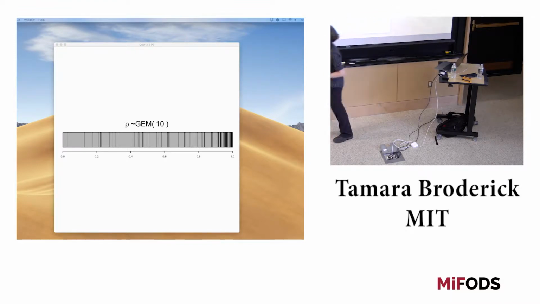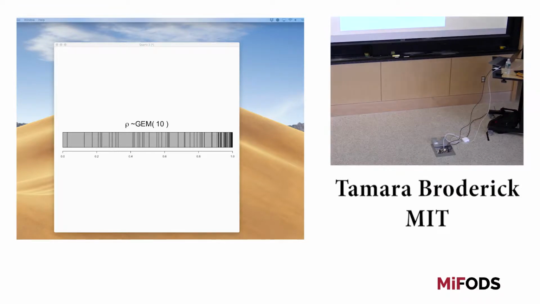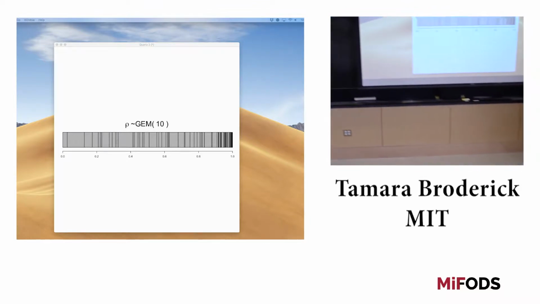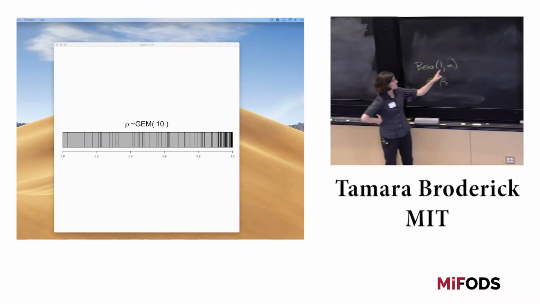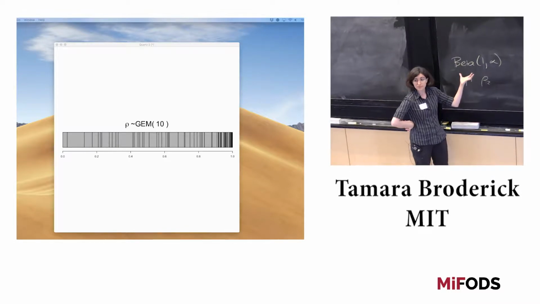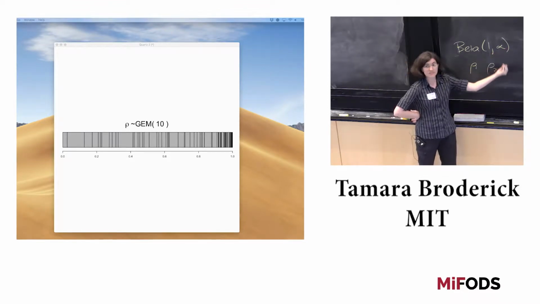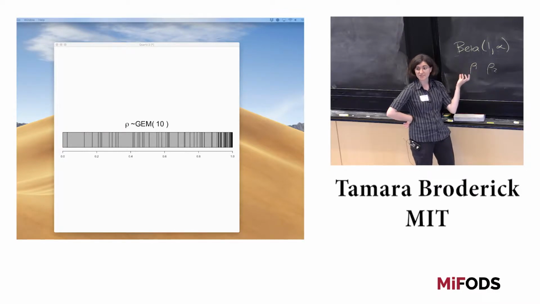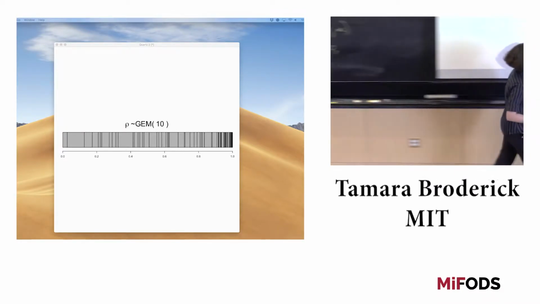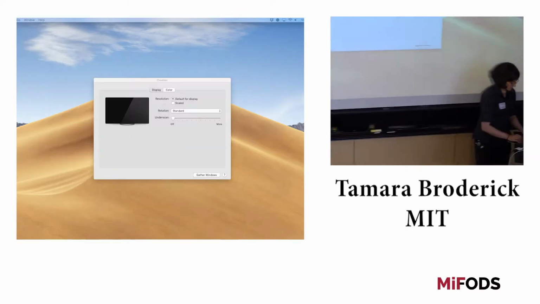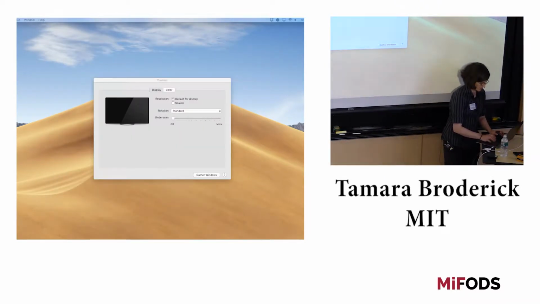Okay, so the observation, remember with Beta(1, alpha), we talked about this before. Whichever one of these is bigger, the corresponding rho tends to be bigger. So there's rho 1 and rho 2, if we were drawing them from Beta(1, alpha). If 1 tended to be bigger, then rho 1 would be bigger. And if alpha tended to be bigger, rho 2 would be bigger. So if we compare 10 to 1, it looks like we're decreasing alpha. But the part we're keeping is the first part. So let's see if that intuition holds. So let's draw. Now I'm putting in alpha equals 1.